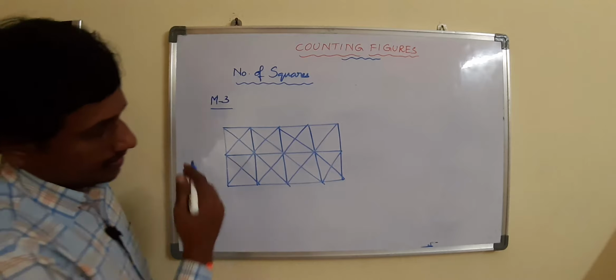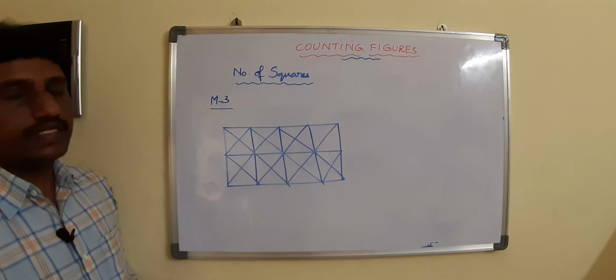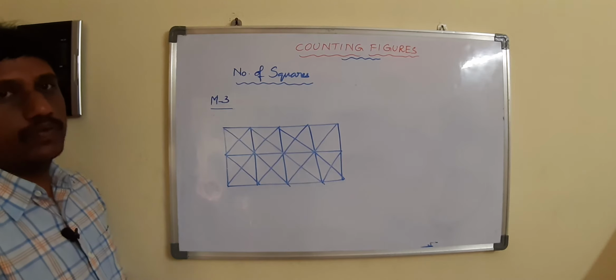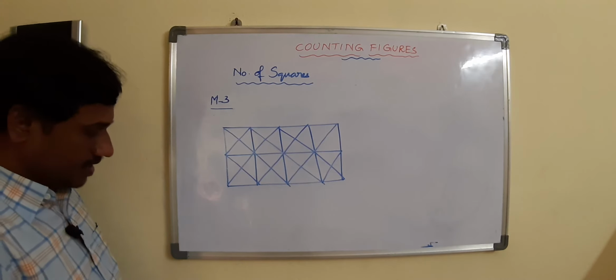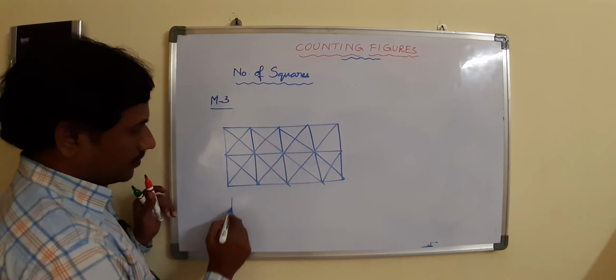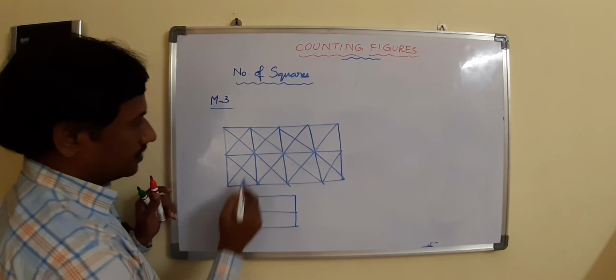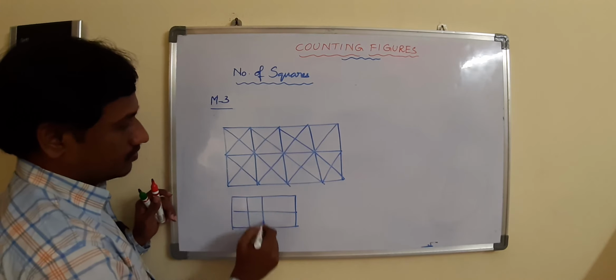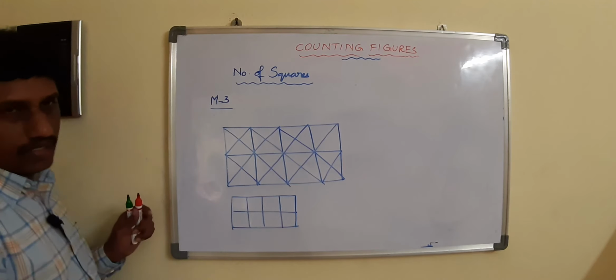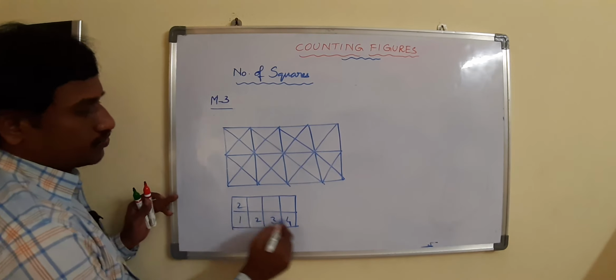Okay. Here the question they ask is, how many squares are there? That is the question given. This is actually given in the group 1 exams of Andhra Pradesh paper. Just forget about all these inside. Then if you forget, I am drawing this again like a small figure like this without these diagonals. 1, 2, 3. Is it the basic model or not? Then how to do it? 1, 2, 1, 2, 3, 4. It means it is a 2 by 4 matrix.